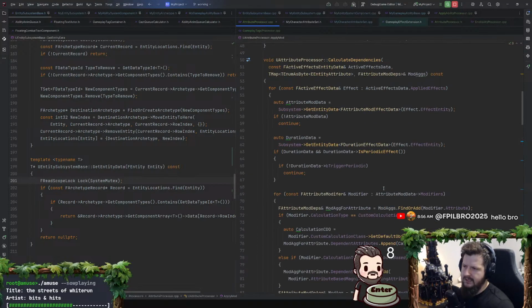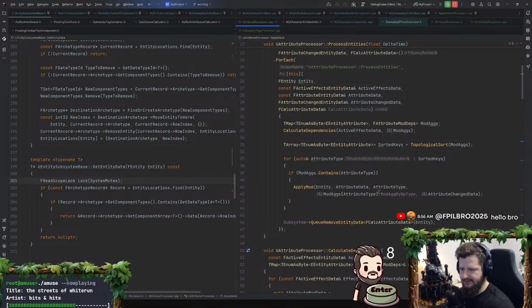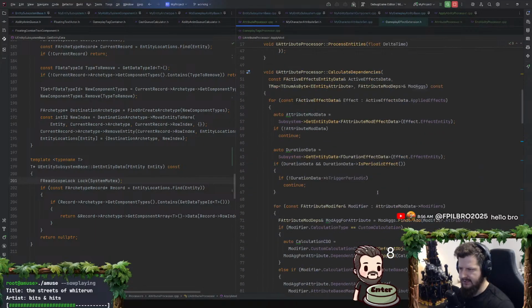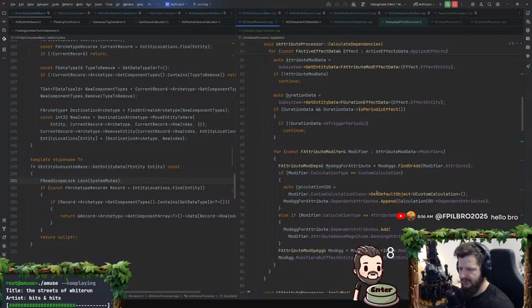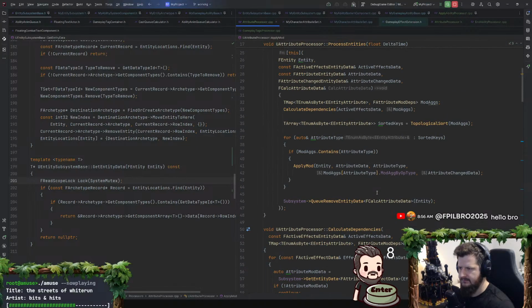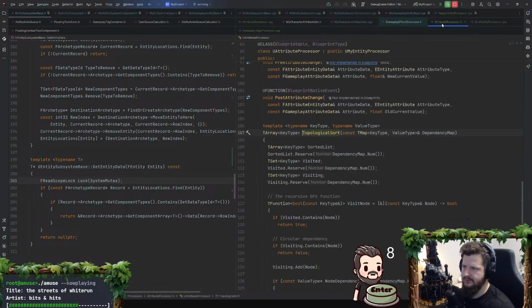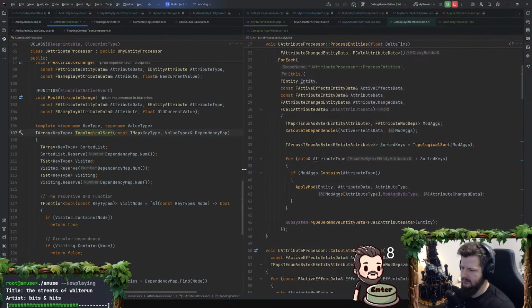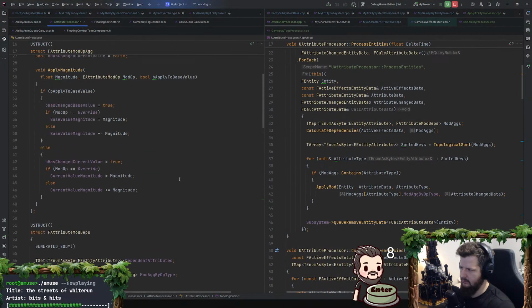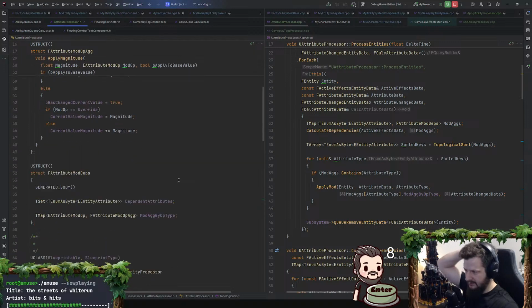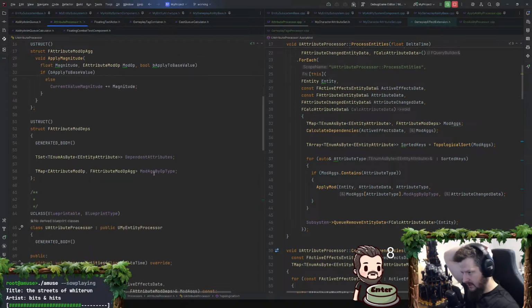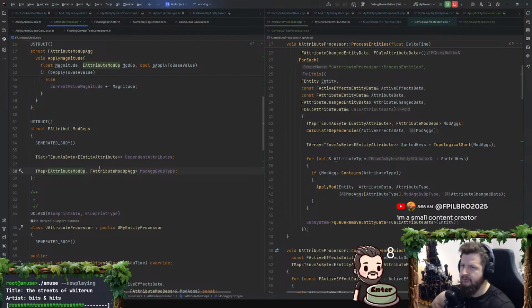Yeah, the way I need to store the magnitudes now, though, in a different way. That's going to be the main issue. I think we'll just need to change the data structures a bit here. What do I have? Let me remind myself. I have the mod depths, and then I store it by mod operation.